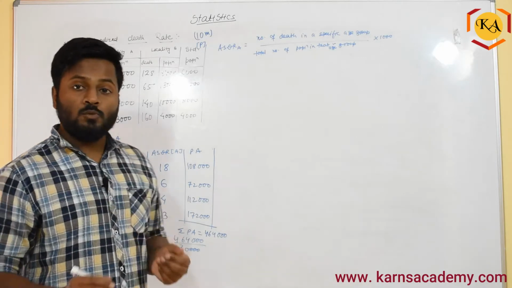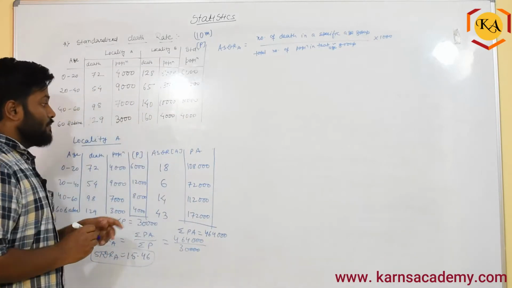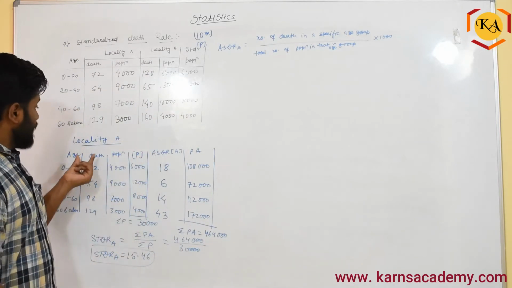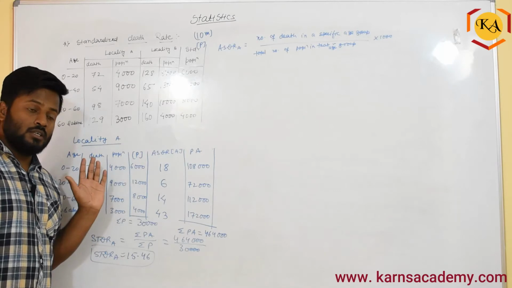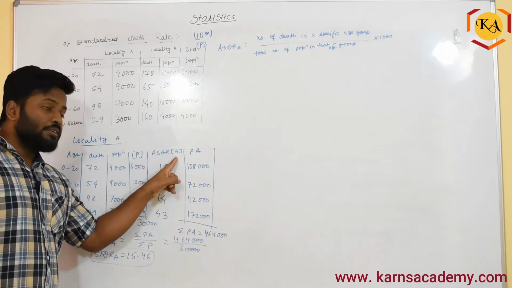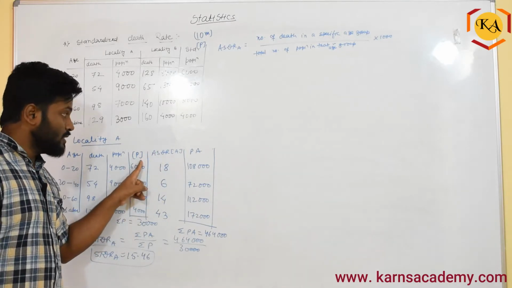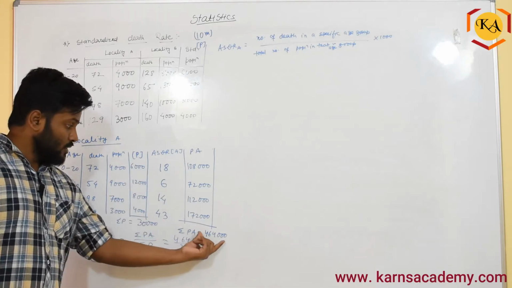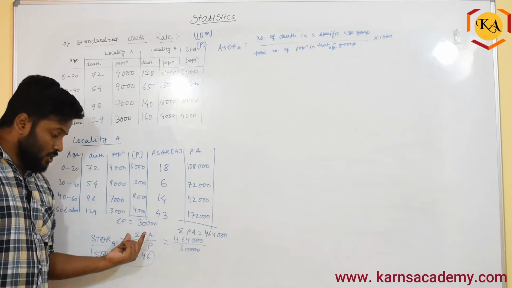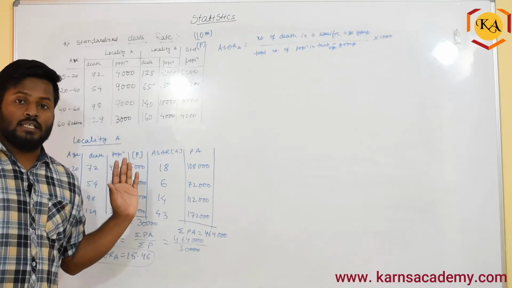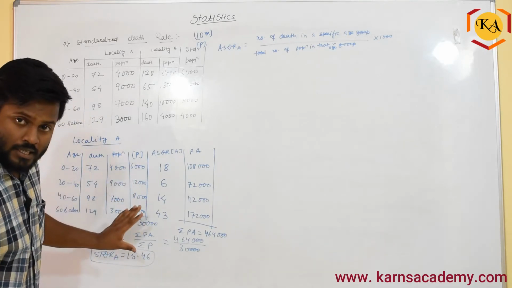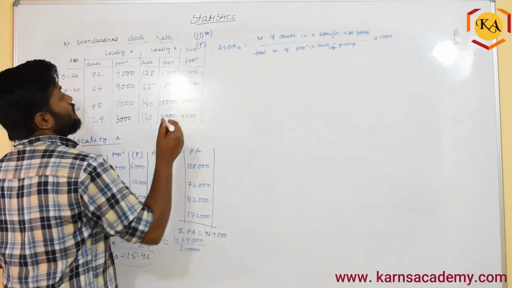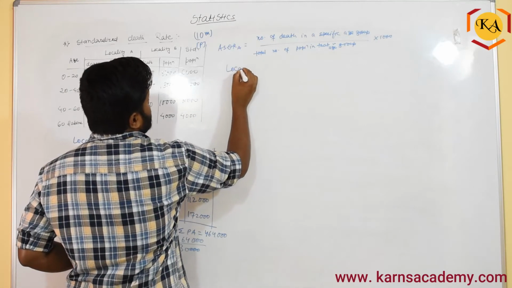Okay. So what we have done is, first we found the ASDR, that is death divided by population into 1000, and then the ASDR that we consider as A is multiplied with the standard population, and we got the summation total. That summation total divided by the standard population total will give you the STDR. So we'll stop here for locality A. Next we'll start with locality B.